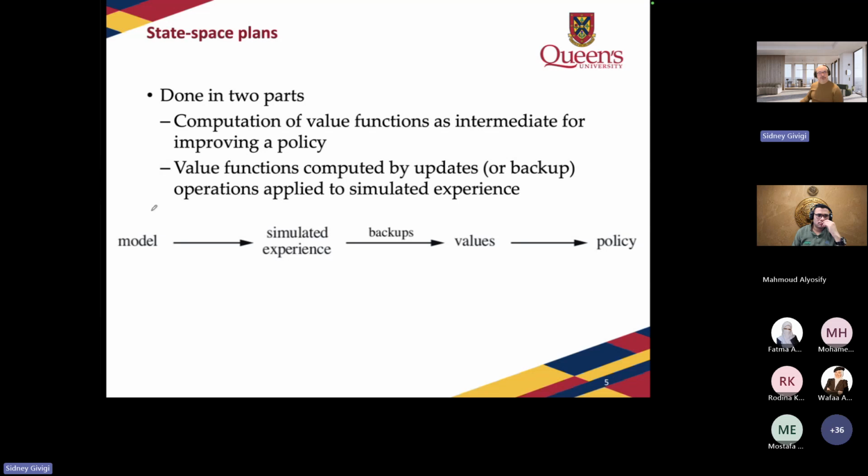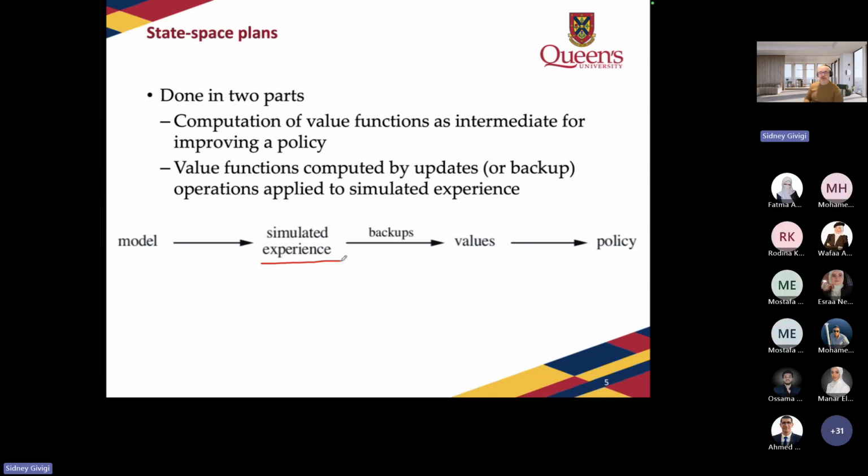So from the model, we are going to create simulated experience. This simulated experience is going to be experience that we can use to create better sampling of the environment. Since we are creating this better sampling of the environment with the simulated experience, we are going to see that this is going to have an impact on the way that we acquire information in real life. Okay. Then from all this simulated experience, we are going to create new values.